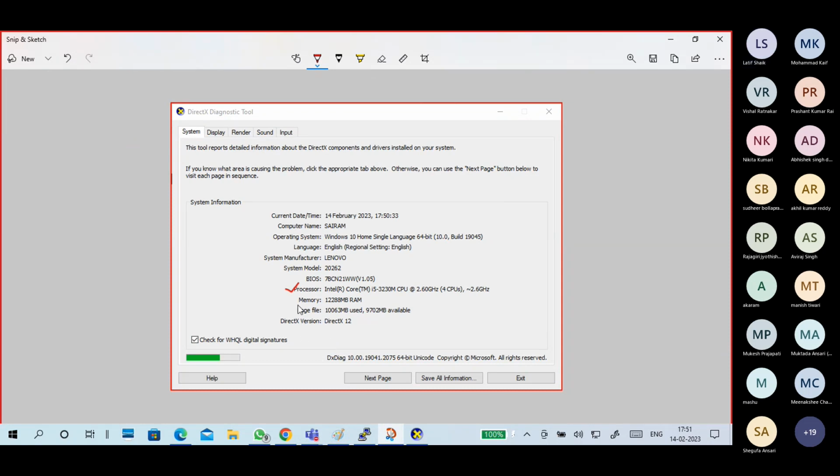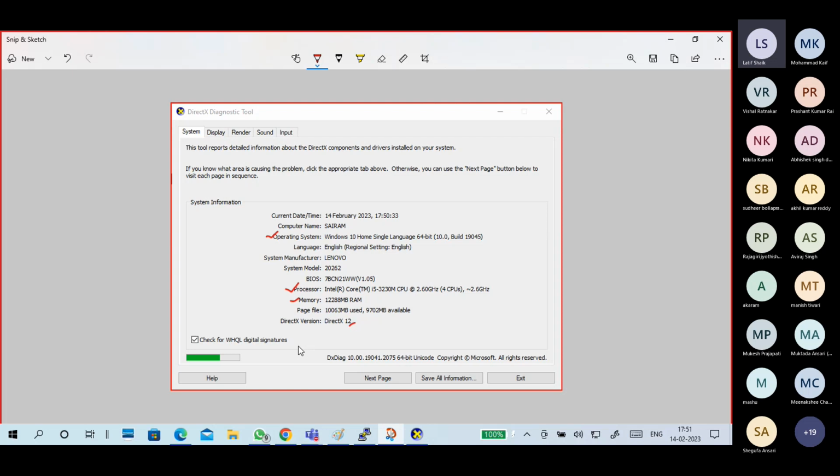Processor, memory, operating system, and my DirectX version. Sometimes you are installing certain games, or maybe even an operating system or games, certain graphics related things.